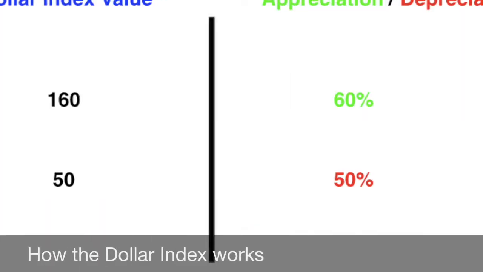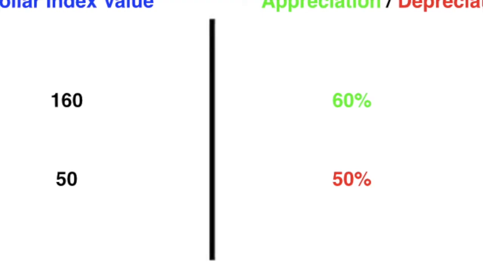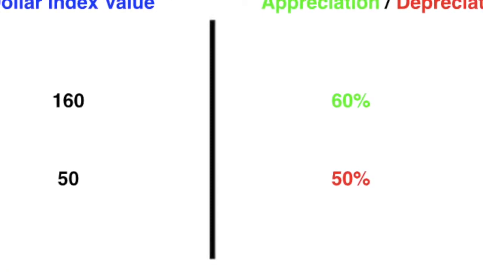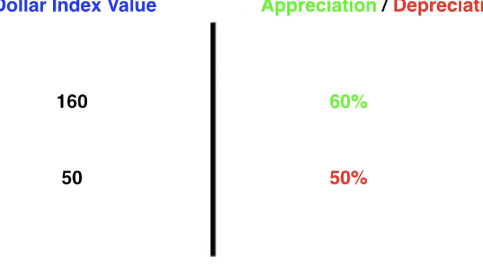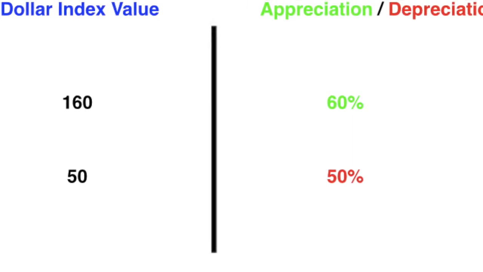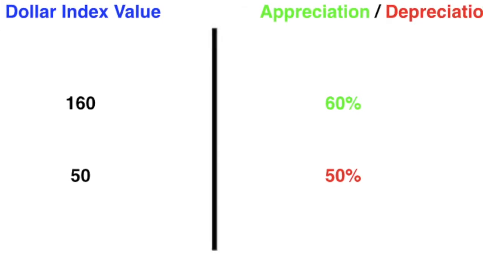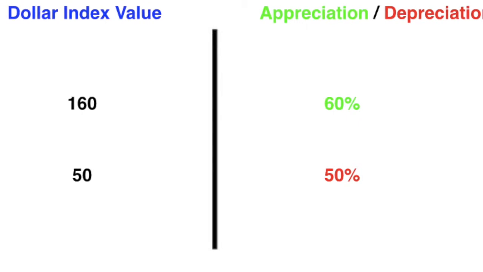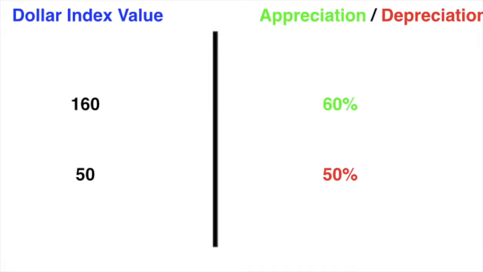It is not just sufficient to know what the dollar index is about, it is also necessary for us to read and comprehend it to fully understand the concept. So, for example, an index value of 160 would suggest that the US dollar has appreciated 60% against the basket of currencies. 160 minus 100 gives us a value of 60, which on dividing by 100 gives us a figure of 60%. Similarly, if we were to say that the index value was 50, this would suggest that the US dollar has depreciated 50% against the six major currencies. Once again, subtracting 50 from 100 gives us 50, which on dividing by 100 gives us a figure of 50%